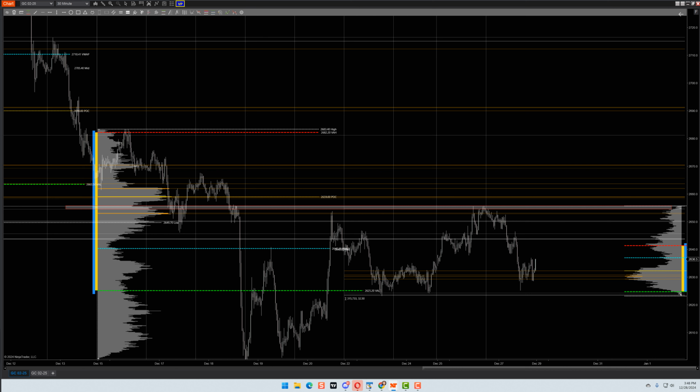It's either pinged off of it, come close to it, but we haven't found acceptance there. So this is an area I would want to be paying attention to. And it's just kind of standard stuff here you might look at. Well, here's a pivot, right? So are we sweeping liquidity here up at this high at a low volume node? Well, that's a hard trade to take short because the market's screaming from the low volume